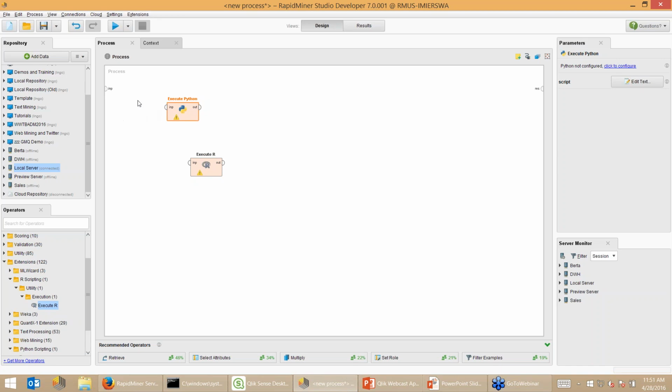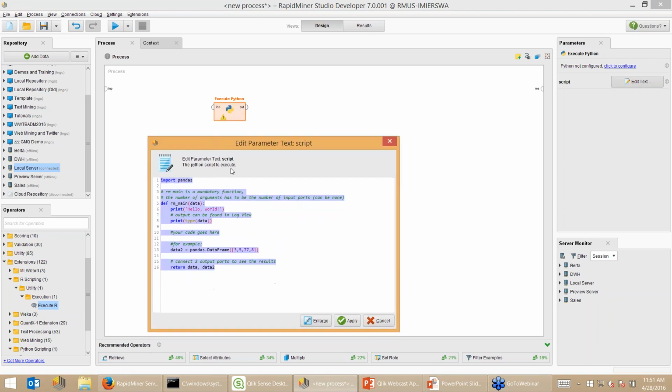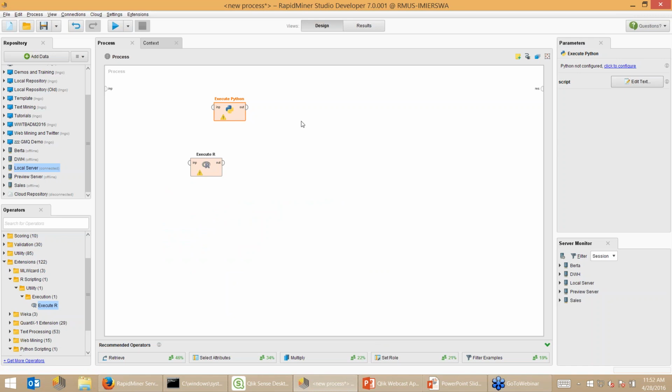And really, what you do is put them as part of your workflow. So let's say you have some data, you can even feed the data into the Python script here, and then you can do whatever you want inside of the script. So you can add your own homegrown data prep scripts or your most preferred model, if you have something in Python or R, and can then deliver, as we do here, the results at the end, which can then be fed into the